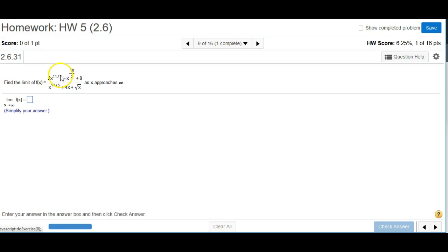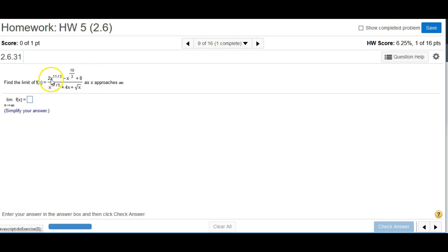So this is the highest power of x. So I have to multiply both the numerator and the denominator by 1 over x to the 11 thirds, and then take each piece and take the limit as x goes to infinity. So when I multiply the numerator and denominator by 1 over x to the 11 thirds, in the numerator I